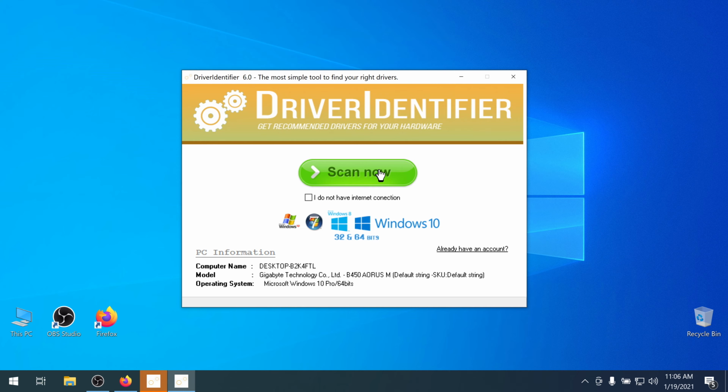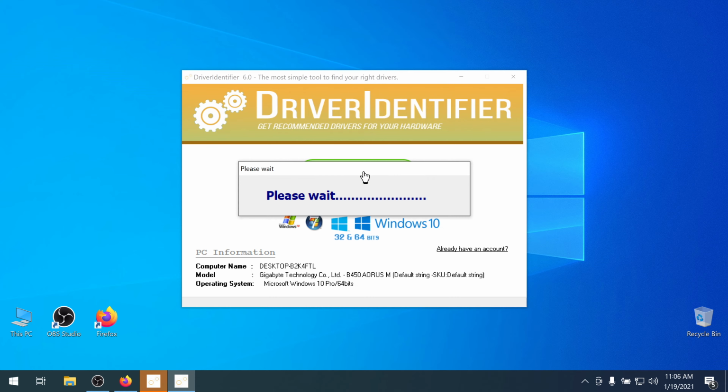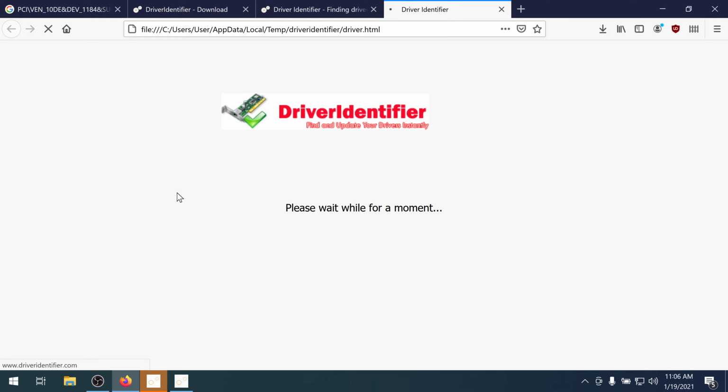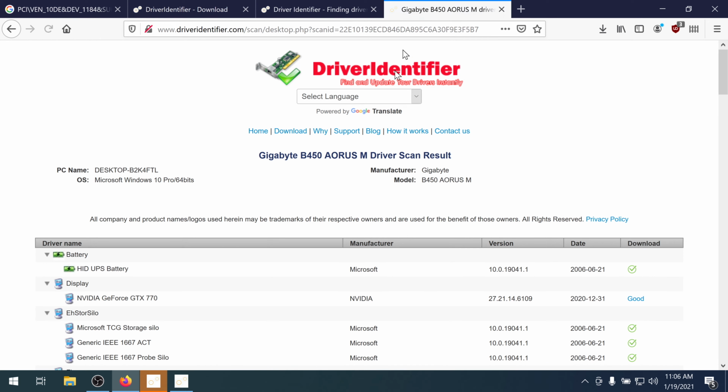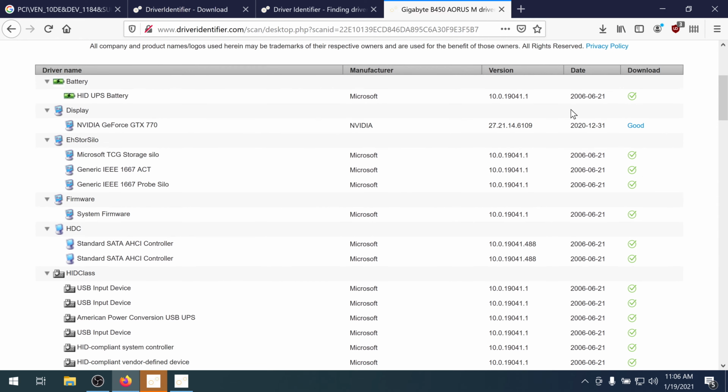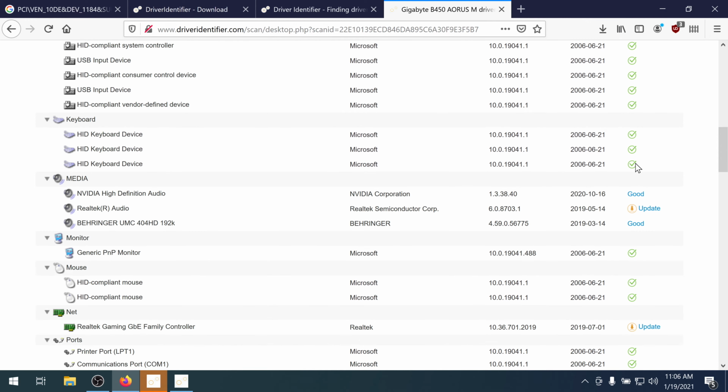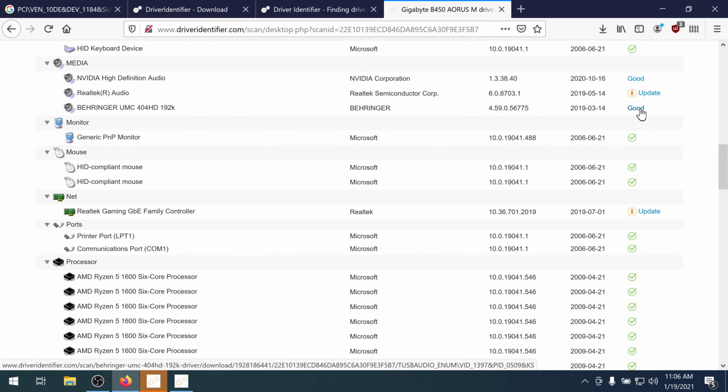It will tell you if you should update. Just click scan now. It will take a while depending on how many devices you have connected. It will pop up a window in a browser. Okay, and here in the download section it will tell you if the driver is, I don't know, good, whatever that means.